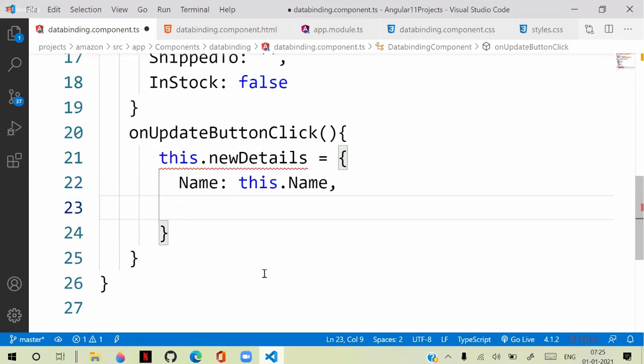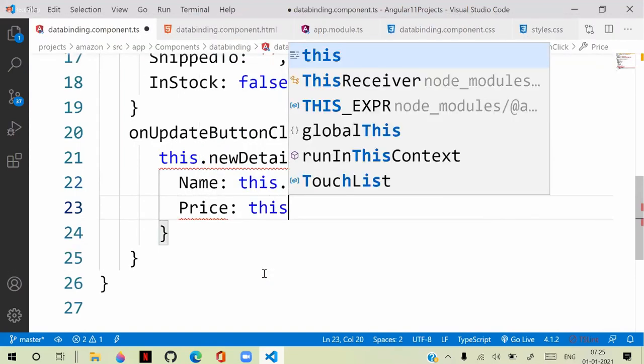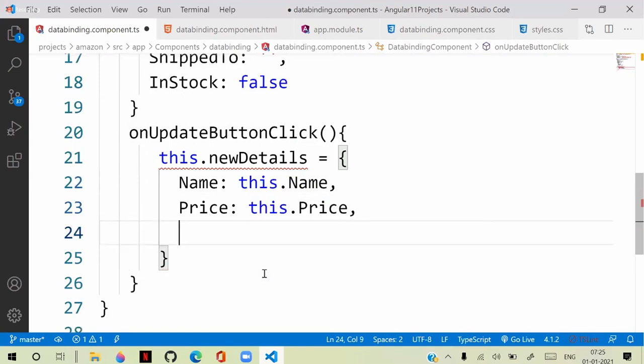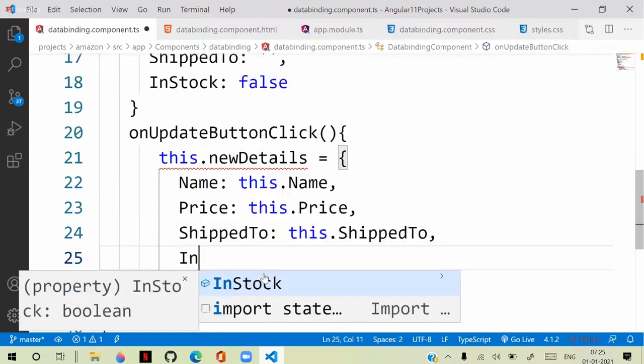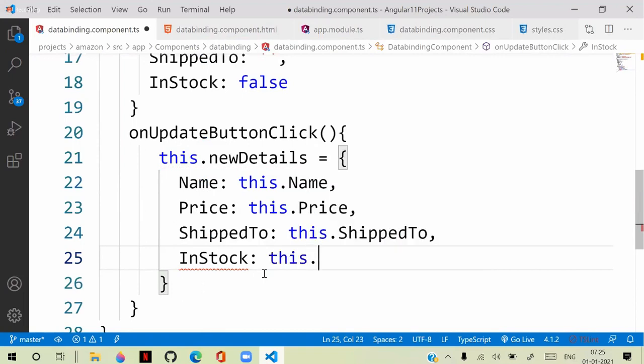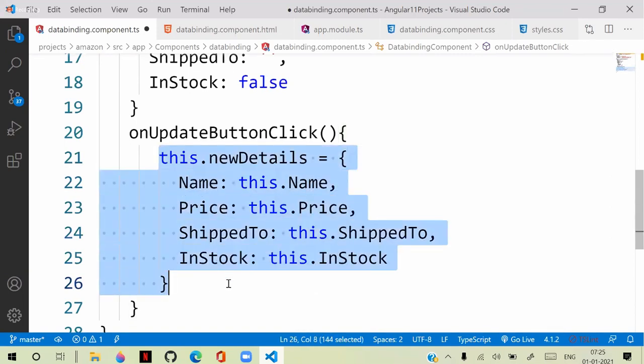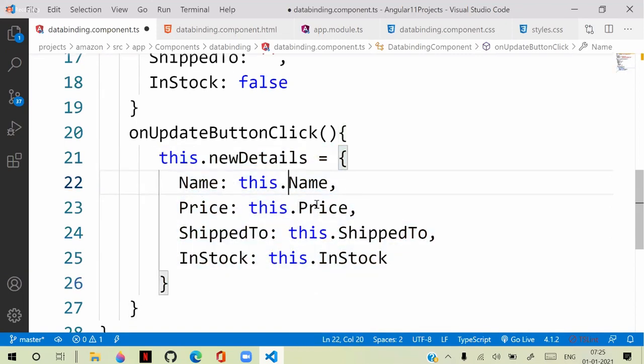Similarly, price will come from this.price, shipped to comes from this.shippedTo, and in stock comes from this.inStock. Whatever the new details are, they will be updated from the text boxes. We collect them and use them, and these new details we want to display.